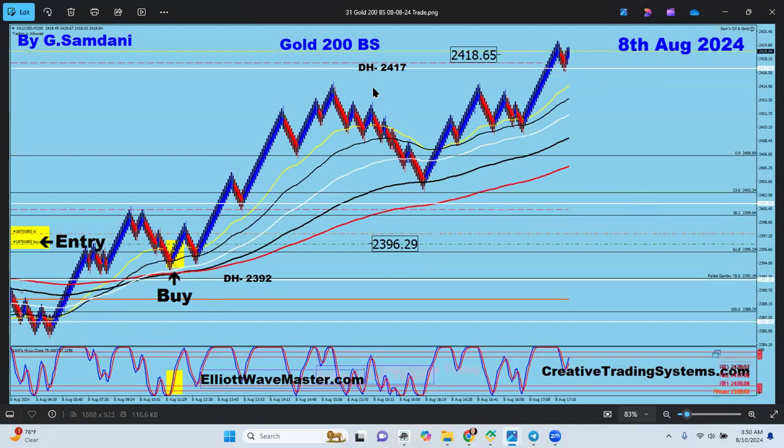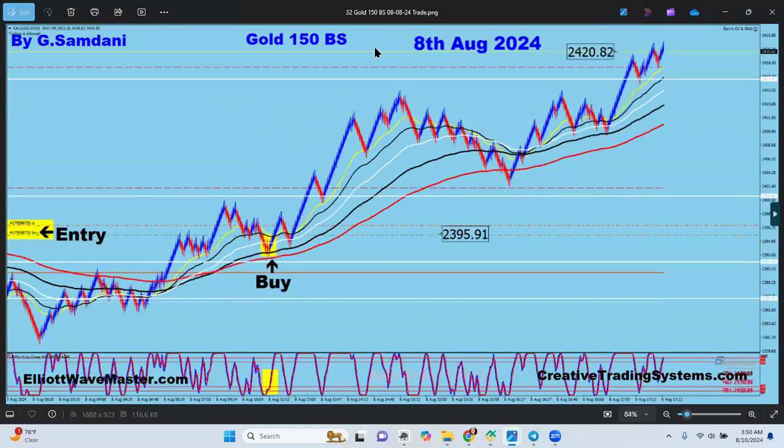This is from the 200 chart, and this is above 23.92. You can see, nice and clean. This is the entry. The EA took it all the way to 24. This is the target, 24.17, and it hit that, and that's it, right? And this is 23.96, the entry, from the 200-minute chart. And look at this: from the 150-minute chart, almost the same entry, just different charts.